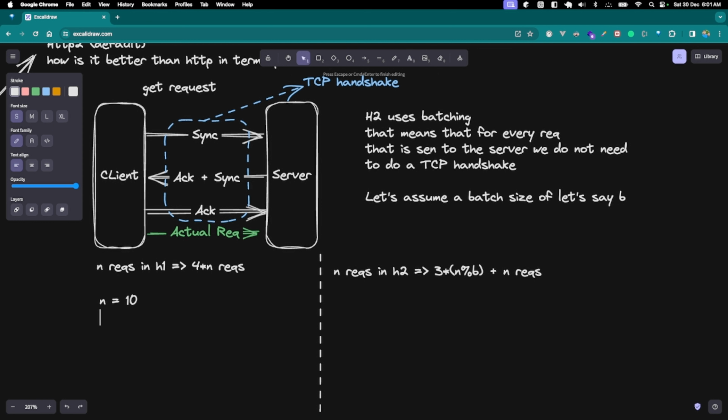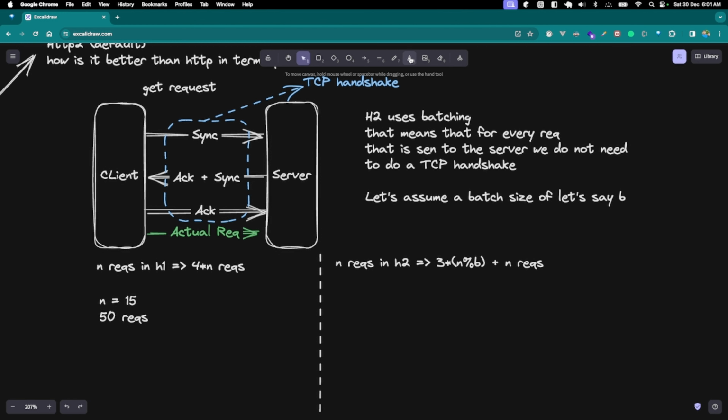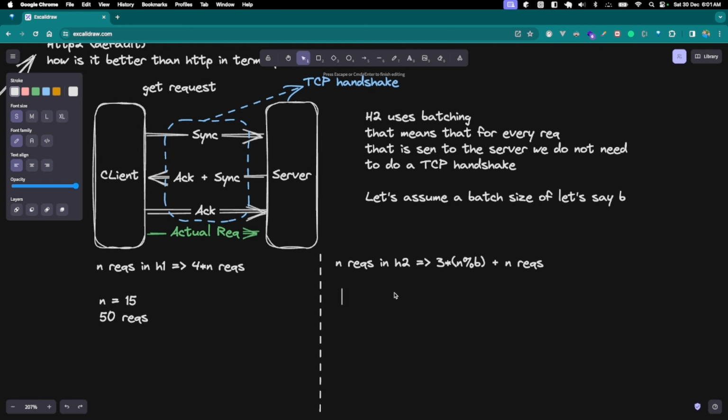That implies, actually let's take n equal to 15. That implies 15 times 4 is 60 requests. Okay. And then in this case, let's take n equal to again 15, and let's take a batch size of 10. In that case, what it actually ends up doing is